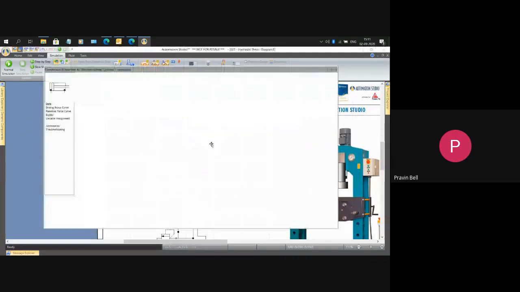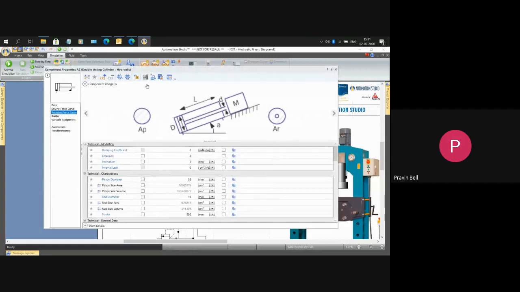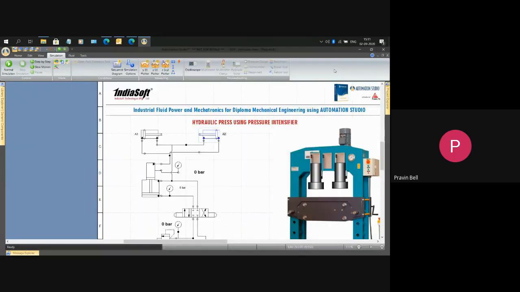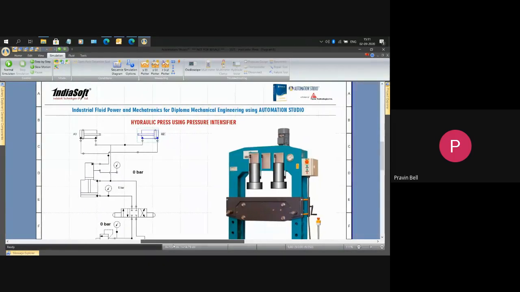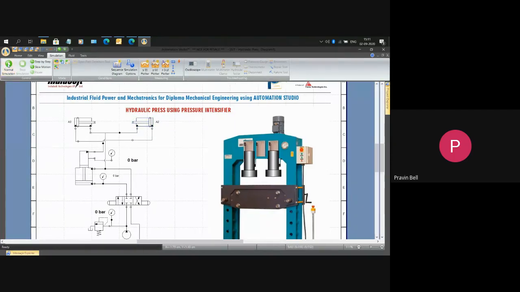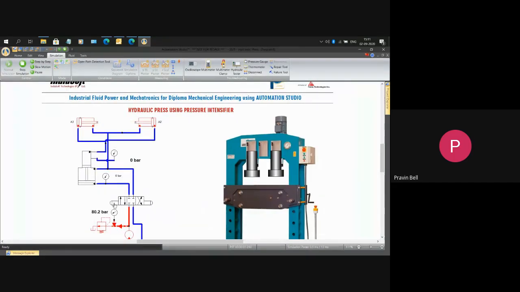Also, on the cylinders, we have applied a very, very high resistive force. That means when the pistons are extending, they encounter a very, very high opposing force. So in Automation Studio, you can apply opposing loads which will act on this piston and give you real life behavior. What are the opposing forces acting on these pistons? If I simulate this circuit here, you'll see this. I'll just explain this to you.